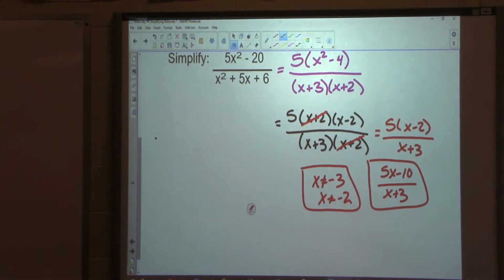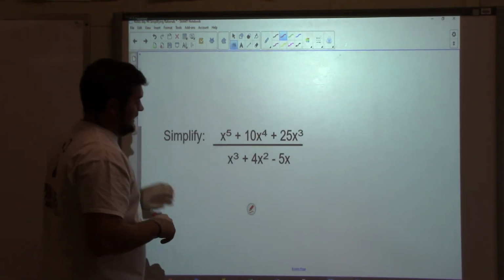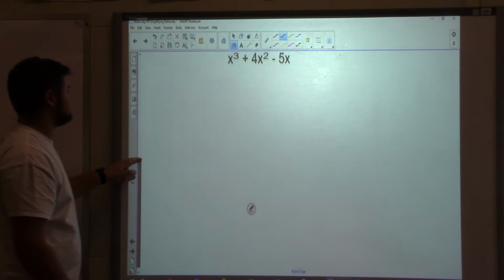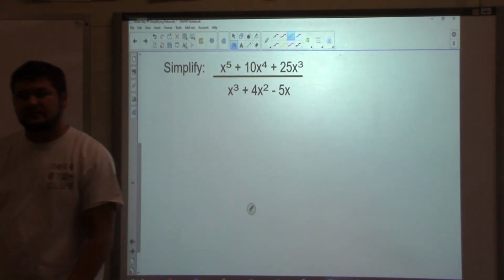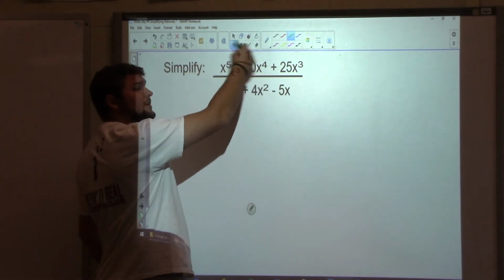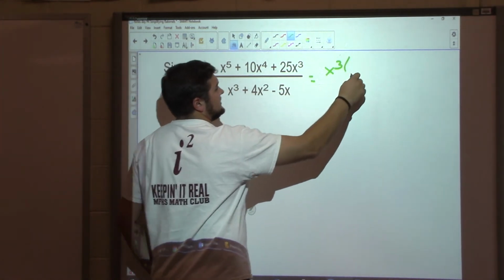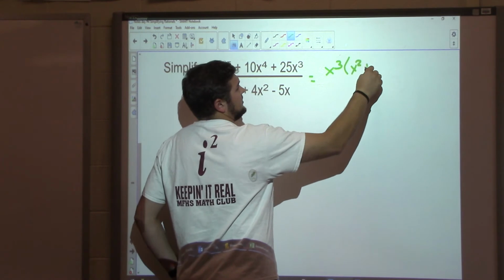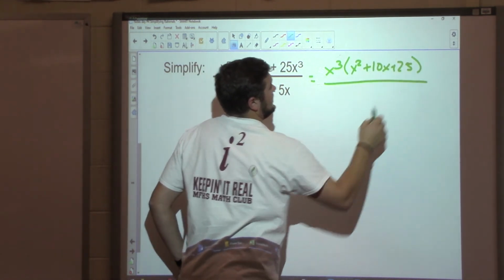Let's go to H. H is a tougher one. Okay, it says simplify. What's the first thing we need to do? Take out x to the third on the top. Factor out a GCF, right? Start with that. X to the third times x squared plus 10x plus 25 over